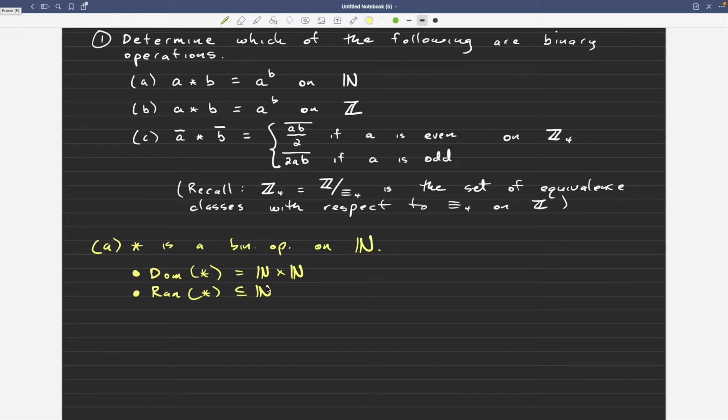And then I raise it to a positive integer power, I'm just going to get a natural number. So I'm not going to end up with a fraction or anything because I'm not doing any negative exponents. So the range is fine. And then, yeah, it's certainly true that